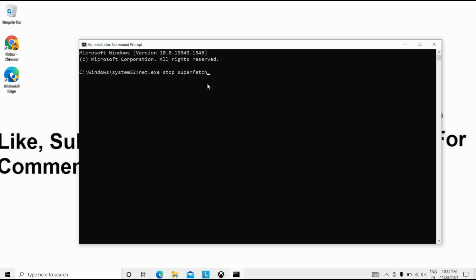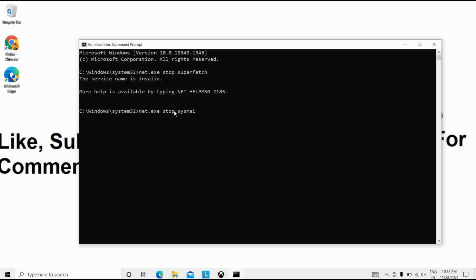Okay, so I will enter. The service name is invalid. If you have any problem, then it will show this. So I will type another command, that is net.exe stop sysmain.